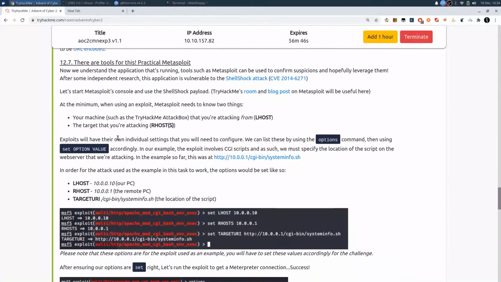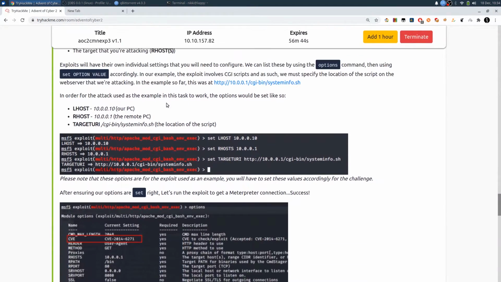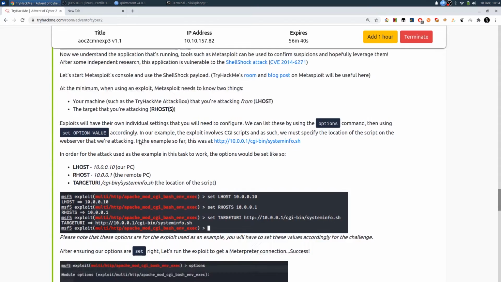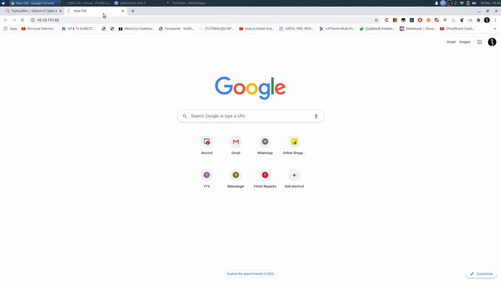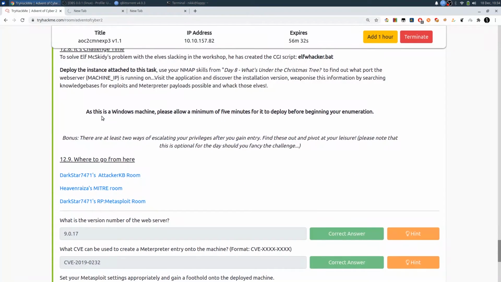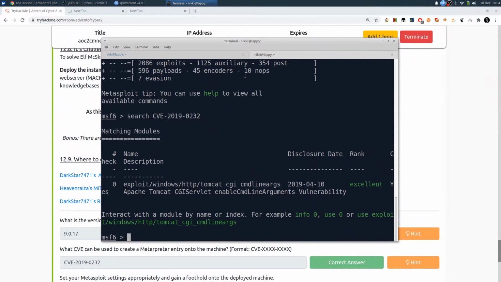Now they have given this IP address, and I have started this box. So let's go ahead and go to that box. Maybe we need to do the nmap scan.